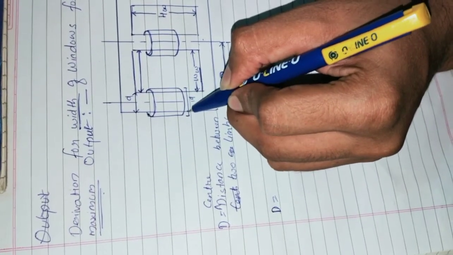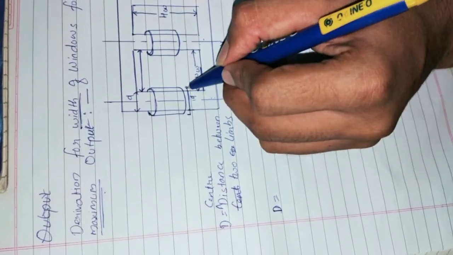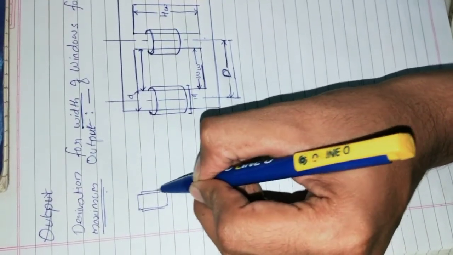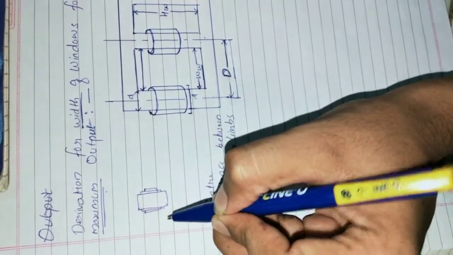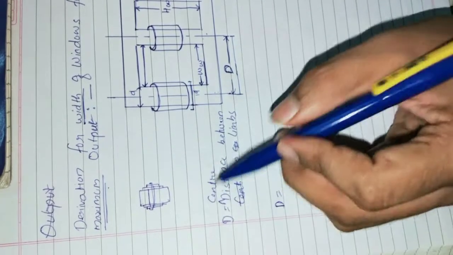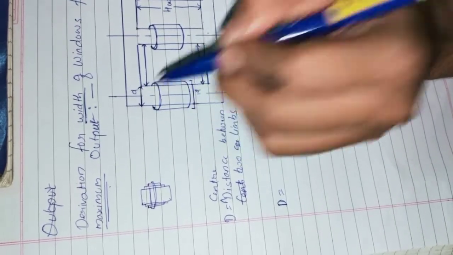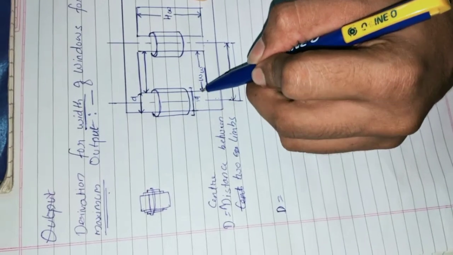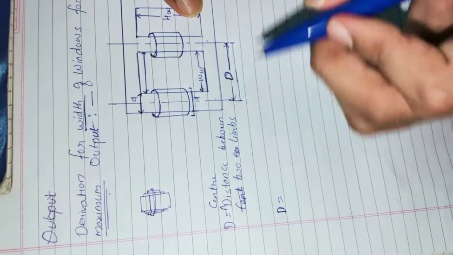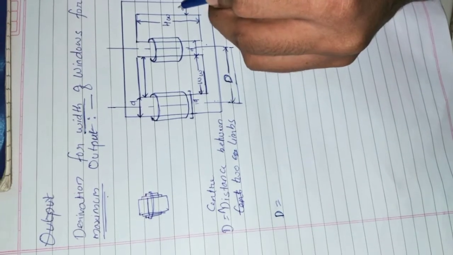You can take this core area, or a little bit extra also, because in a stepped core the core will be shown like this. See, like this limbs, another stampings will be there, another stampings will be there. So either we can take this portion or this portion. Same, if it is a stepped core, it will come across this normal core. We can take this much as D. So D is nothing but the distance for the iron area, right? Same, we'll have here also 1D, and we will have here also 1D.